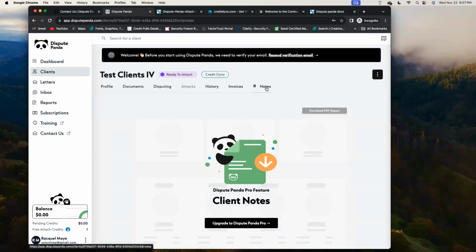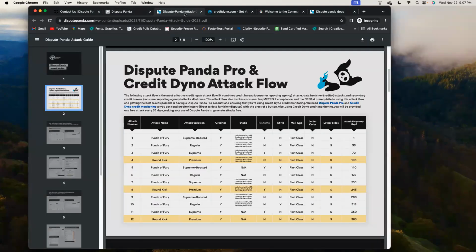With the notes option, this is a pro feature. I like to use this, especially if you are using the new flow. Personally, I was using the notes before because they did not have this out. In the original flow, you were only sending letters to the creditors and you kind of had to figure out the space. But with the updates and upgrades that have happened, because Dispute Panda wants you to be able